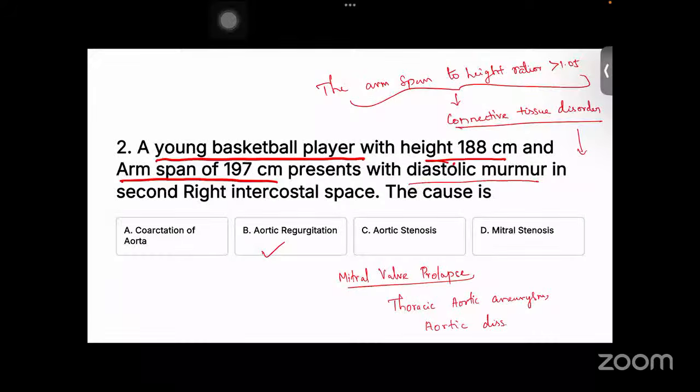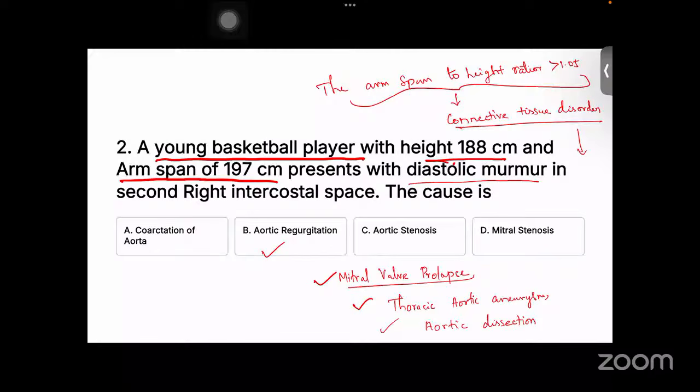Dissection are the four common things which have been associated with Marfan syndrome, where you may see the height with the arm span exceeding the height, and a young patient with diastolic murmurs. So speaking, let's come back to the murmurs. We know that Marfan syndrome is associated with four things: aortic regurgitation, mitral valve prolapse, thoracic aortic